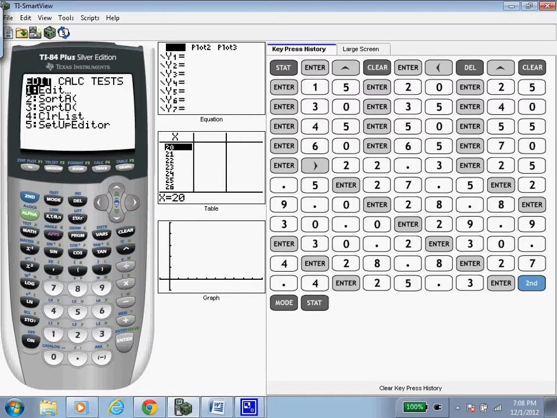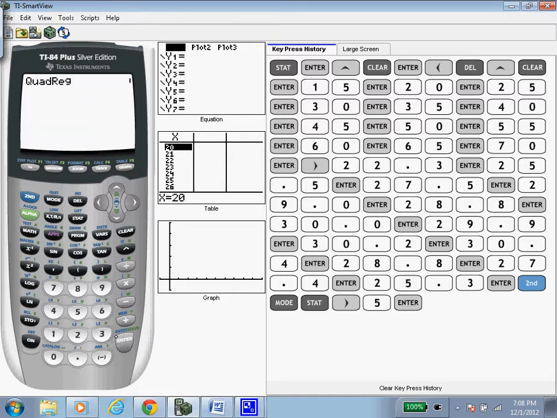So stat, arrow over to calc, the calc tab on the top, and then I'm going to choose number 5 for quadratic regression. You'll notice right above it, 4 was what we used in Algebra 1 to find the line that went through a bunch of points. So now we want a parabola, so we'll choose the quadratic regression,